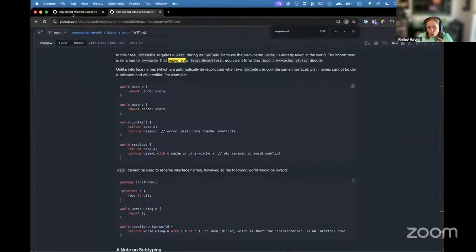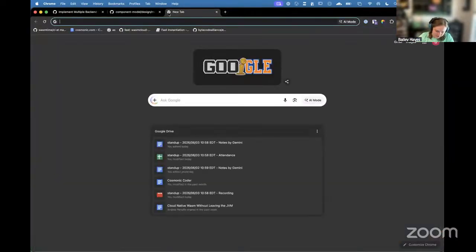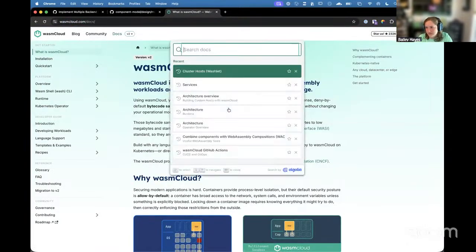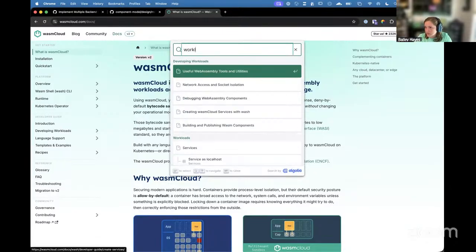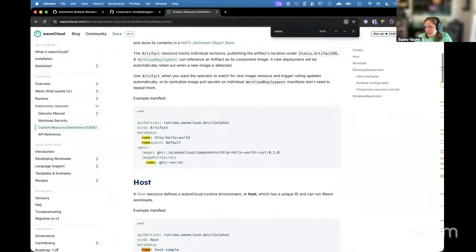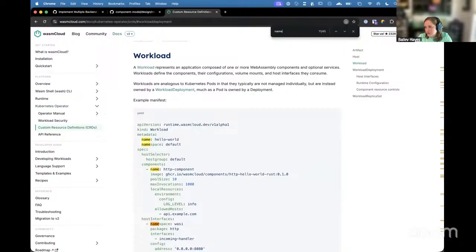Basically, there's host side bindings. So Wasmtime now has an API on its linker to say, I've got something that says it's other cache, basically. And it's up to you to wire that up, and up to you, being somebody like wasmCloud, to wire that up. So inside our code, let me see, I think we'll do workload deployment. And if we see name somewhere on the workload,